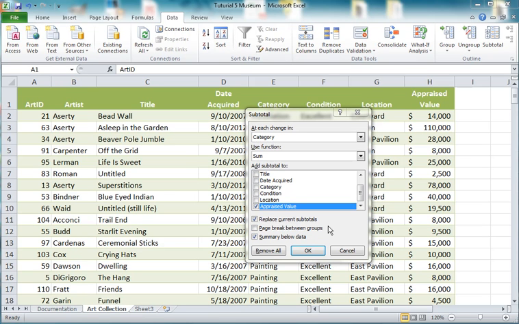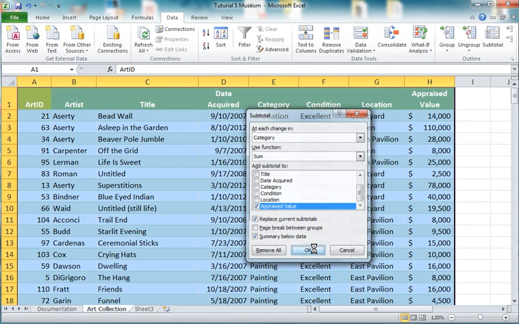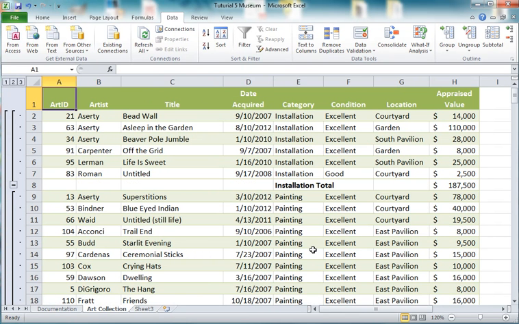Okay, and then it also says to make sure that we have checked the summary below data, and then click OK. Now it doesn't say anything about replace current subtotals. I'm not seeing that, so I'm going to leave that. We're going to click OK. And so now it has included subtotals by category, installation